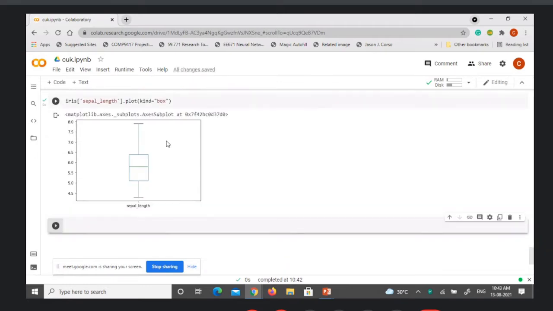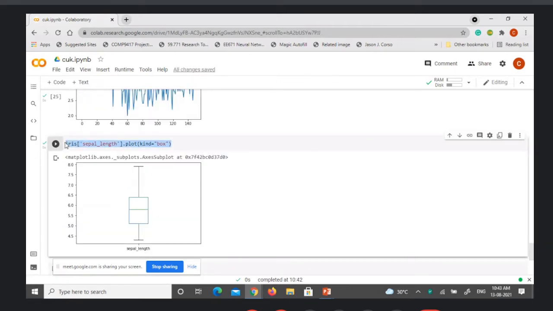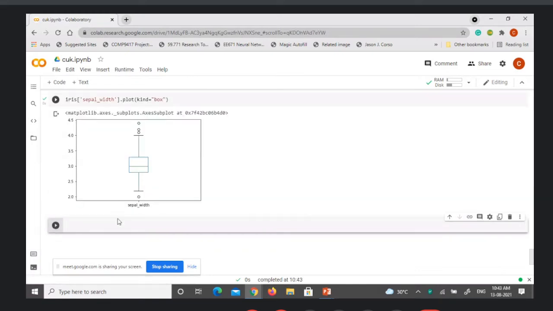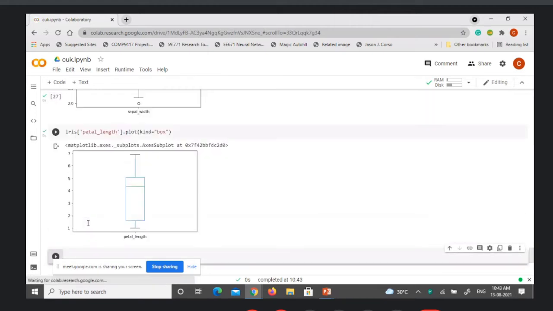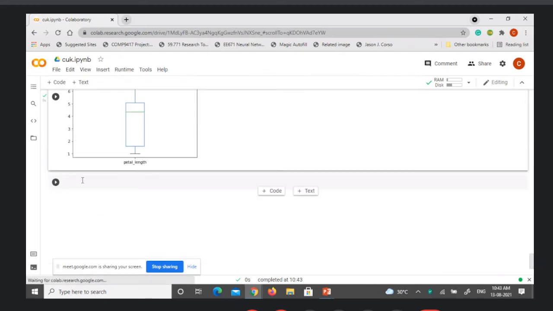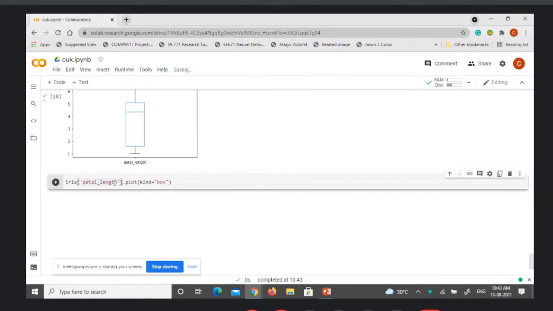Similarly, you can check for other attributes also. These are all visualizations of the data using different types of plots.